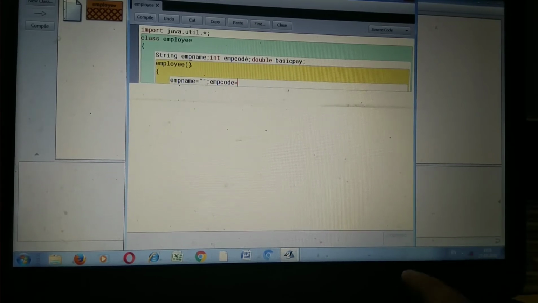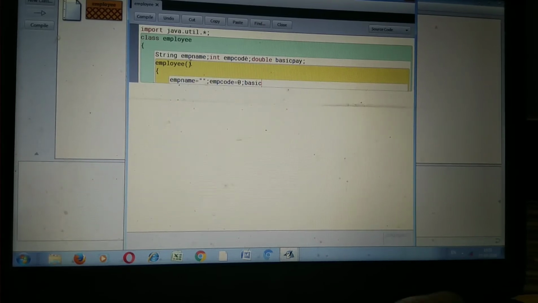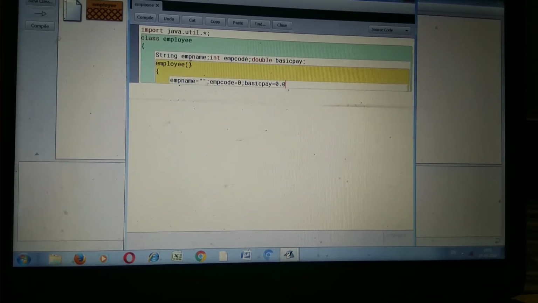We define it as 0. Why 0? Because it's an integer type. Basic salary, basicPay, is equal to 0.0. It's a double type.